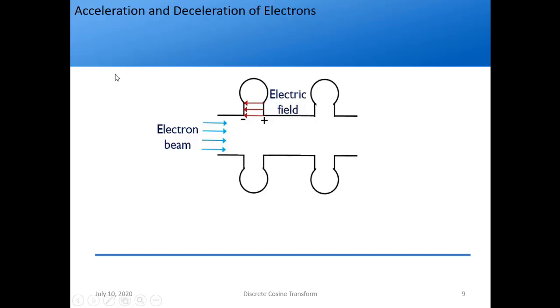So next very important thing you should know before going to microwave tubes is how the electrons are accelerated and decelerated. Now can you tell me what this structure is? Last module we studied microwave resonators, right? They resonate at a particular frequency. In layman terms, inductive reactance becomes equal to the capacitive reactance, so I get a resonant frequency. At a particular frequency this resonates. So this is a resonator, or it is also called a cavity, right?